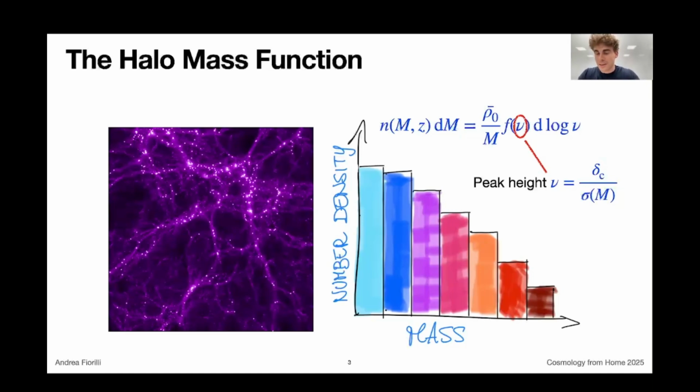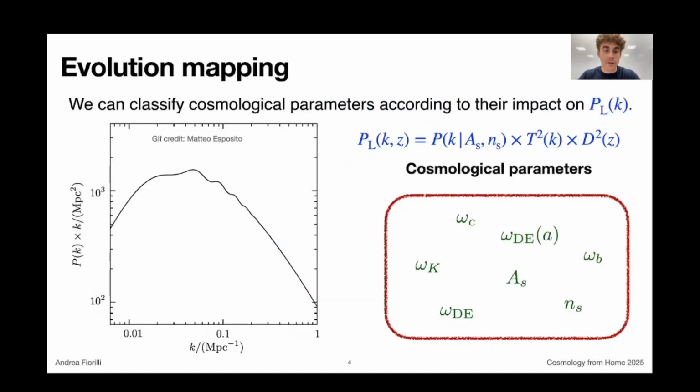This variable is quite powerful at describing the statistics of halos, so much that if one takes just simple assumptions and tries to build an analytical model, like the spherical collapse or an excursion set of halos, one finds out that the halo mass function is entirely described by this quantity. It's a so-called universal mass function. We will come back to this topic of the universality or non-universality of the halo mass function in a few minutes, but first let me take a moment to describe the framework that the work is grounded in, the so-called